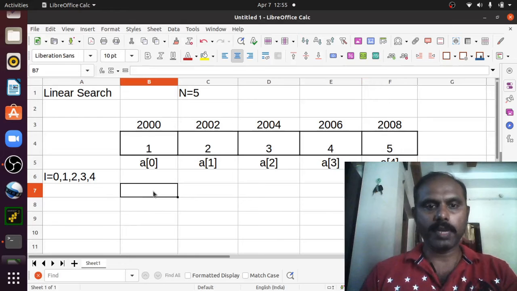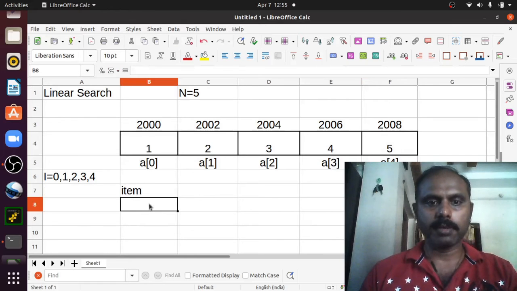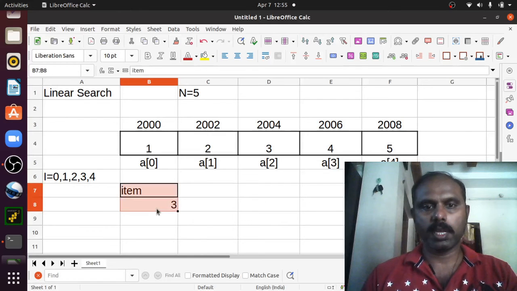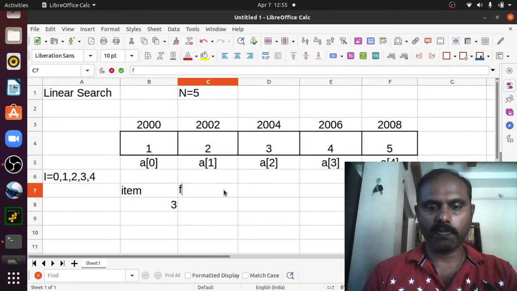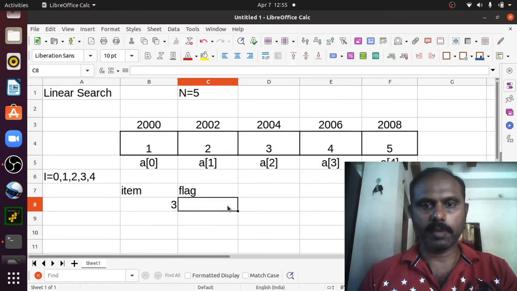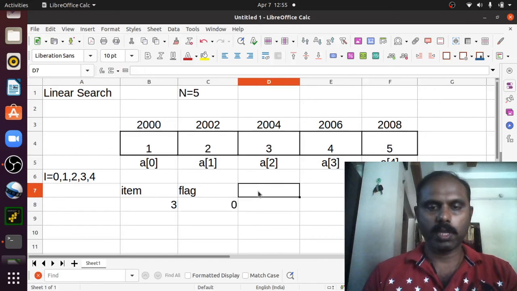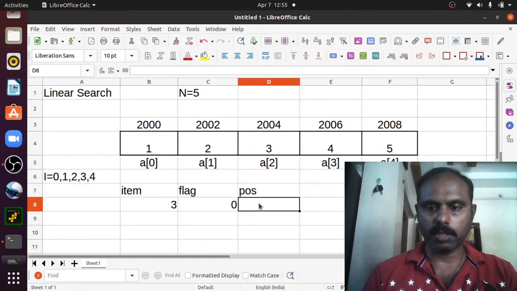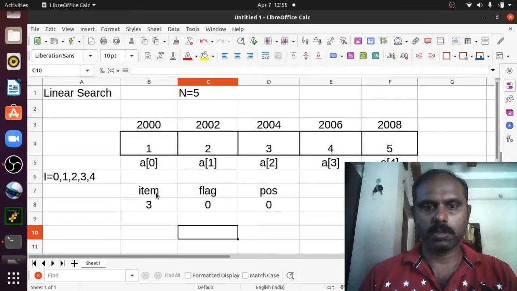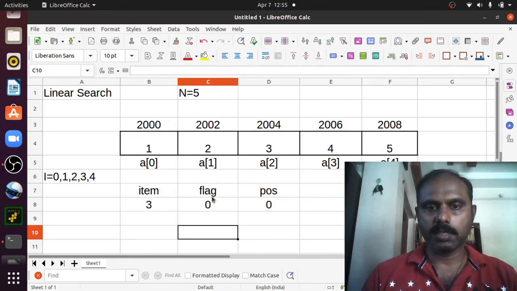Then I have taken the item as 3, and my flag I have initially set to 0, and my pos is also initially set to 0.